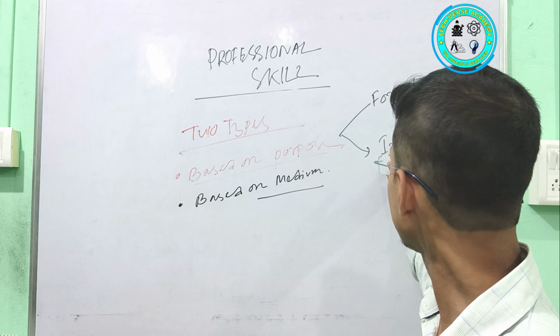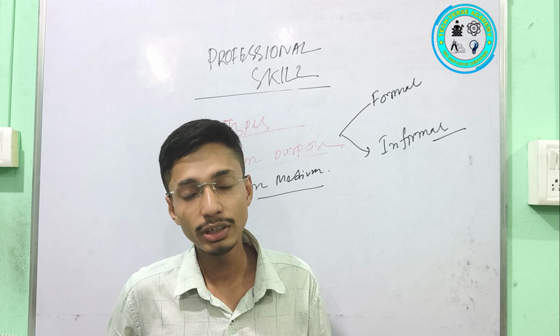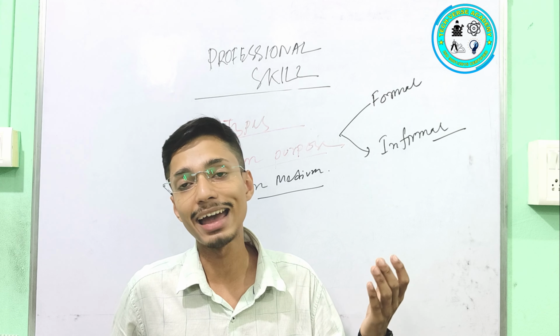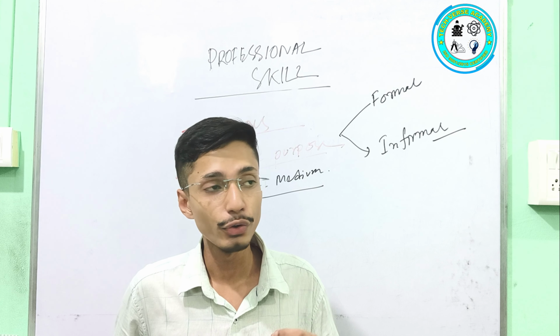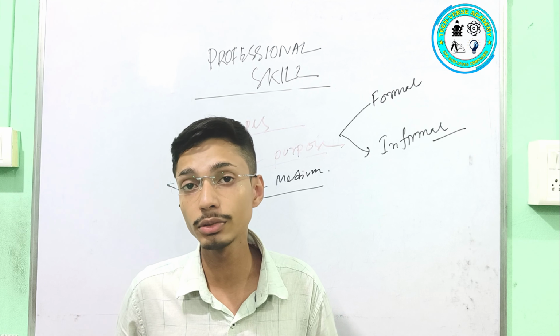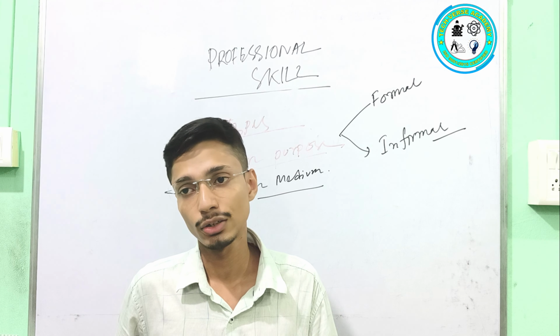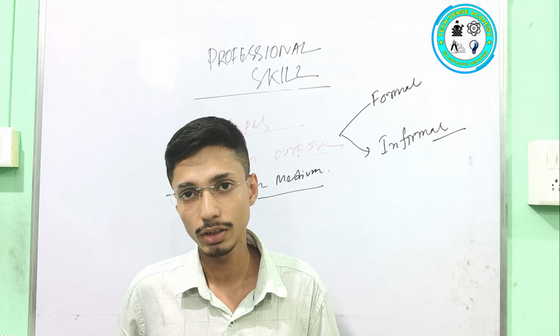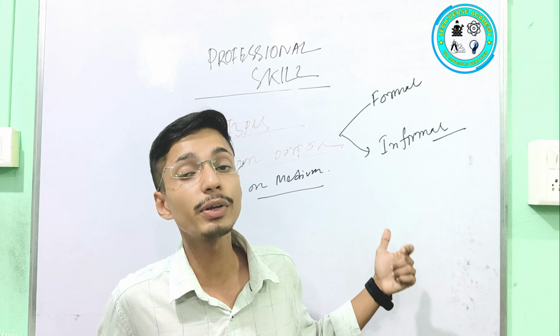But in case of informal communication, we can say it is a process of communication where the sender and receiver are unknown to each other. That is, we can't know each of them. So for that reason, we have to complete our communication process. So how can we communicate? We have to communicate in an informal way, where the sender sends the message in some